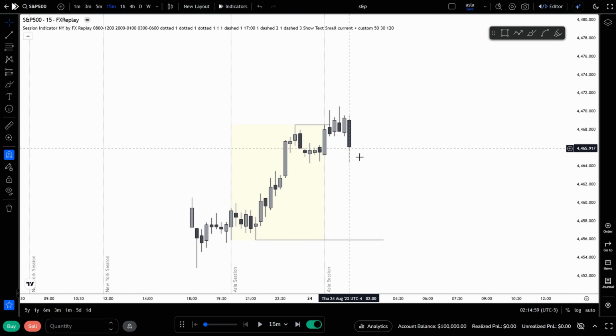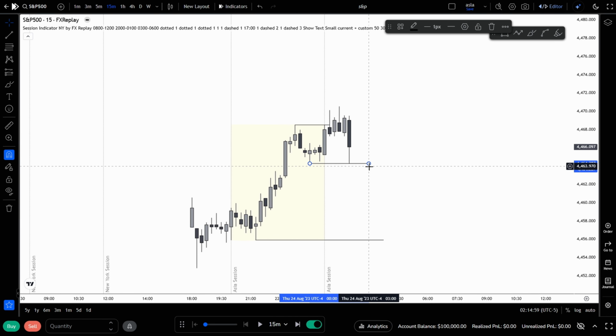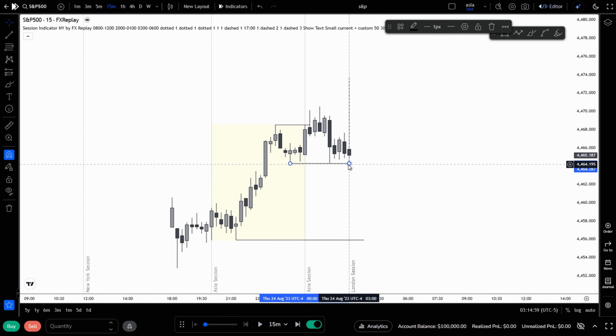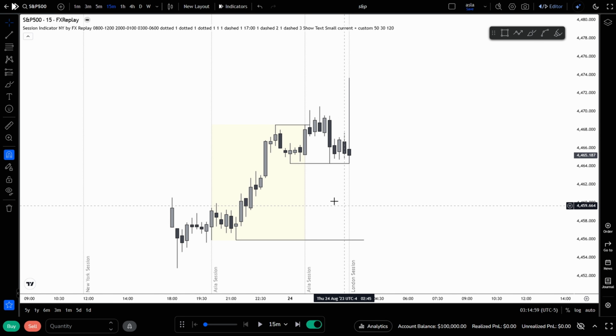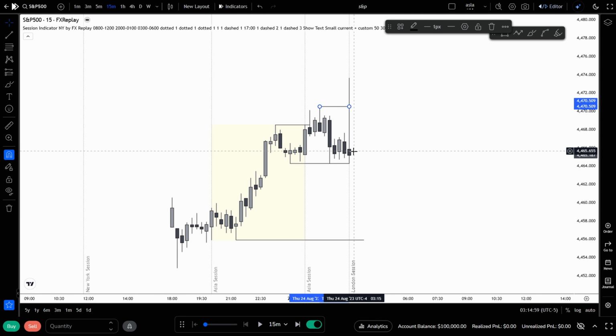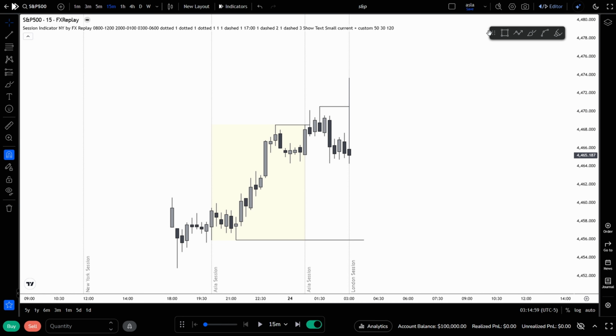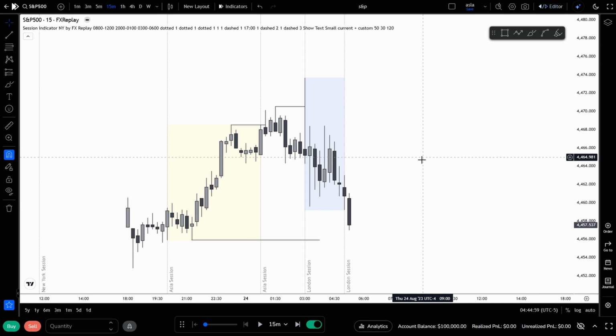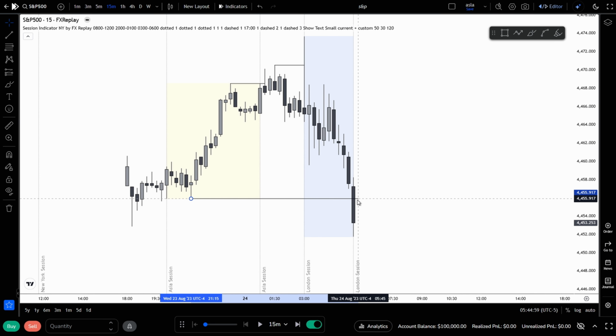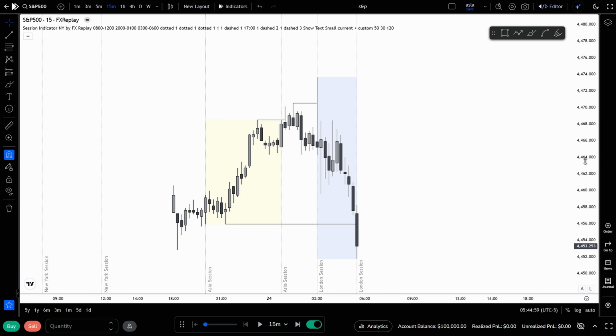Now here's the key. If that high is going to hold, I want to see displacement below the Asia low. And that's exactly what happens. We get strong displacement down through the Asia low. That shift is important. It tells me the sweep of the high was likely manipulation, and now price is expanding